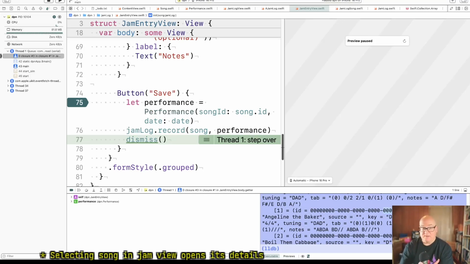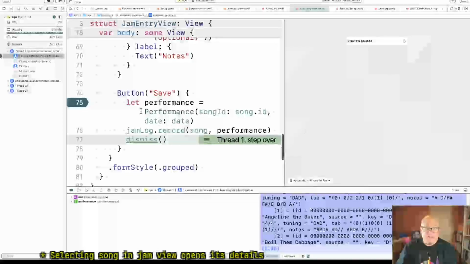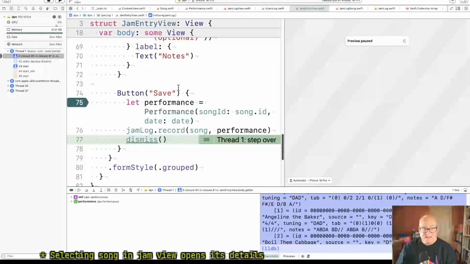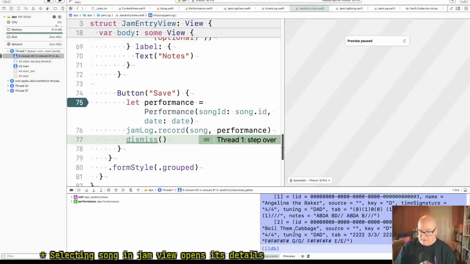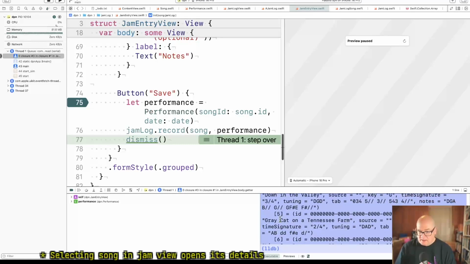Okay. And I definitely do this because I think the first time I logged Old Beach Leaves, I think I spelled it beach like B-E-A-C-H, which is wrong. So it's like, oh, I spelled the title wrong, or I heard the title wrong. There are variations, Angeline the Baker or Angelina Baker, with an E or an A, and you definitely could have different ones and realize like, oh, wait, this one's Angelina Baker. So I think you do need to be able to edit a song's